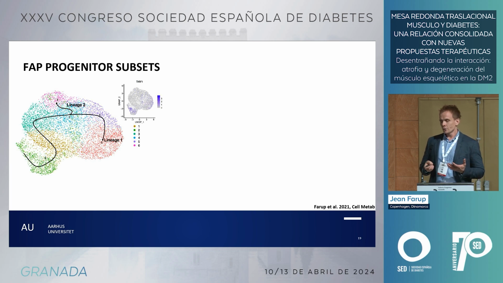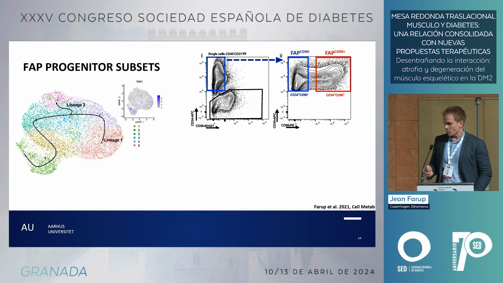And this allows you to predict if there are stem or progenitor cells within the population that could give rise to the remaining population. And when we do this, we find an origin of the cell population down here in the green population, population 2, and this was also enriched in another mesenchymal marker, Thy1 or CD90. And when we isolate FAPs from human skeletal muscle, we can indeed identify both a CD90 positive and a CD90 negative population.